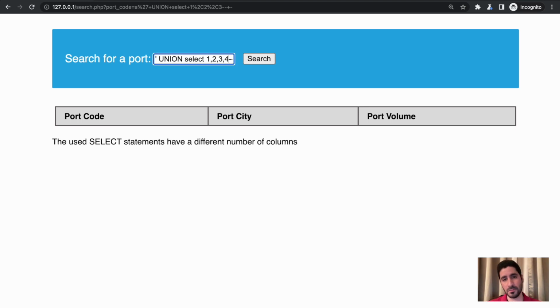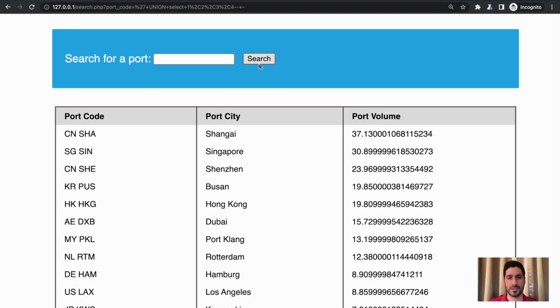With the previous technique, we have to keep trying until it stops working, because it cannot sort by column number 5, for example. In this case, we have to keep trying to union with another query until we find the correct number of columns. So if we try 4, it should work as we expected. What we have found out so far is that the original query being executed has 4 different columns. So now we have to create another query that has 4 different columns and use the union clause to